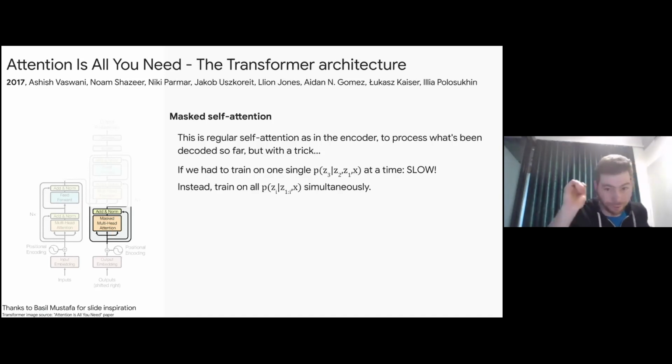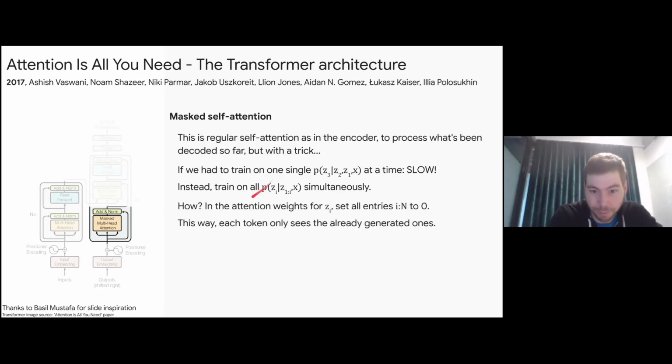If you use this during training, it is a very nice property of the transformer. That's all you need to do to become much more efficient at training and to be able to process the whole sentence in one go at training time. So this is many P evaluations in one at training time.